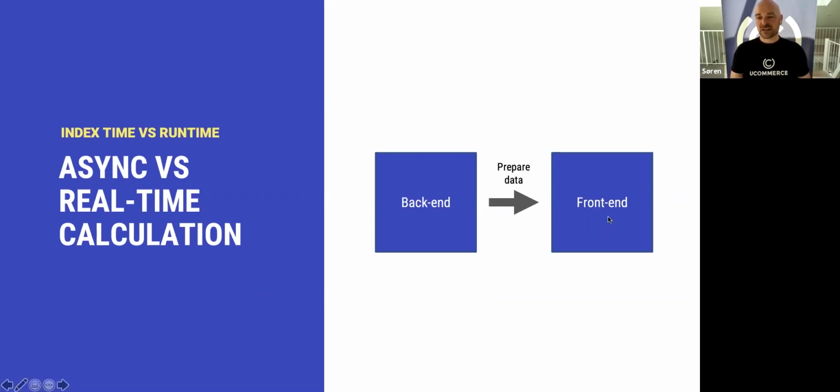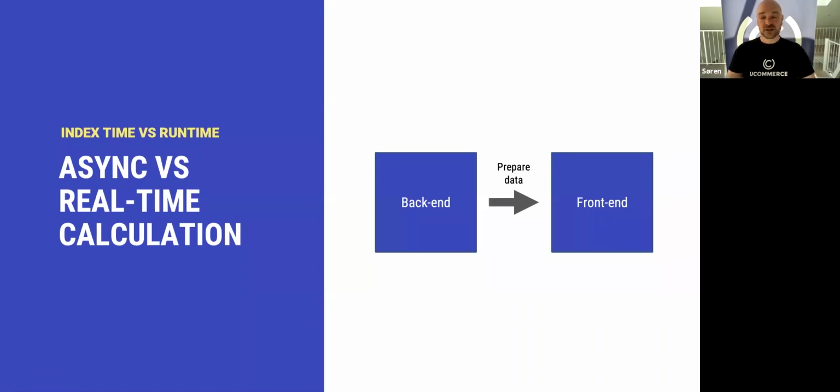To display a product in V8 of Ucommerce, we would have to generate a URL on the fly whenever a customer accesses a product. That step has been moved back to the index process. So the URL is generated one time and then stored within the index. So it's much faster to load up the